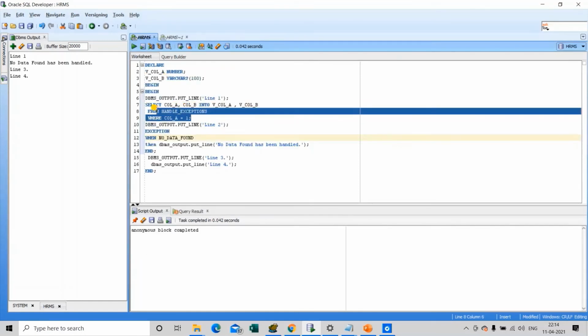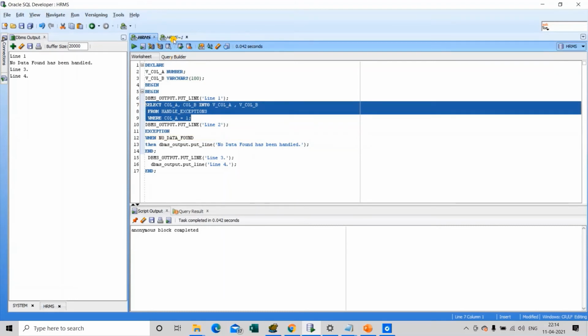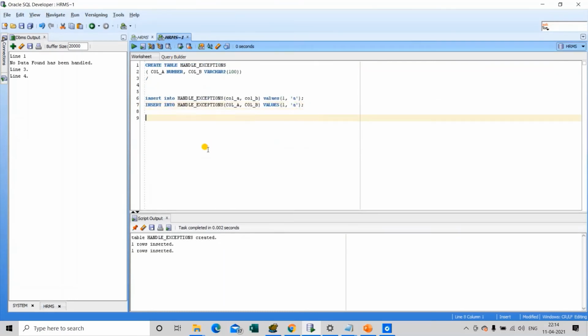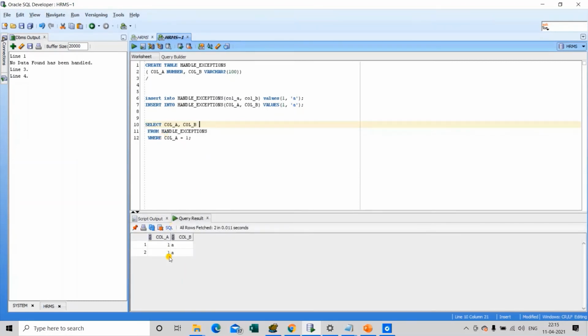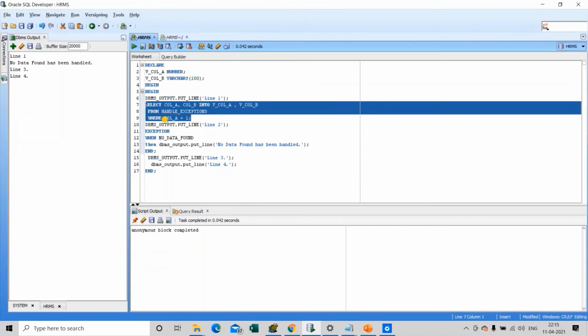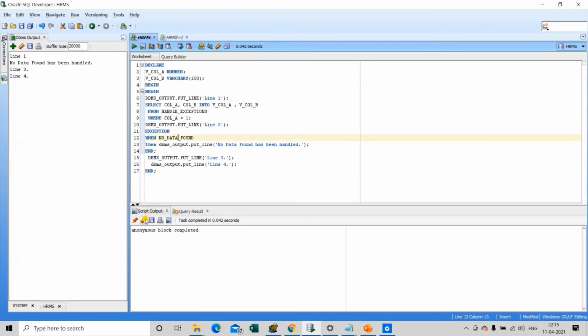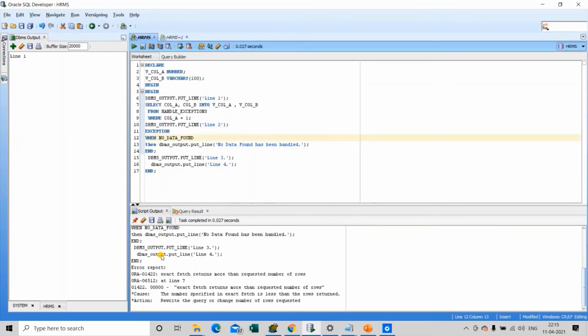Now let's try to run this query outside our anonymous block to see what it is actually returning. It is returning two rows for the where condition column A equals 1, because both the rows have value 1 for column A. So in this case it will raise the exception of type too many rows. Let's run this program to see the output. As you can see, the error report is there,